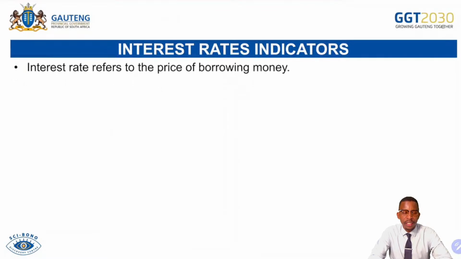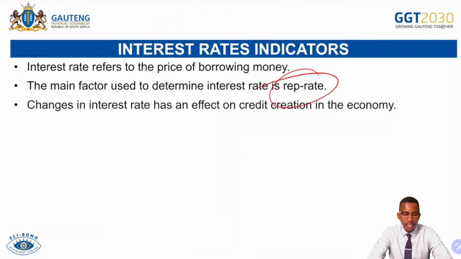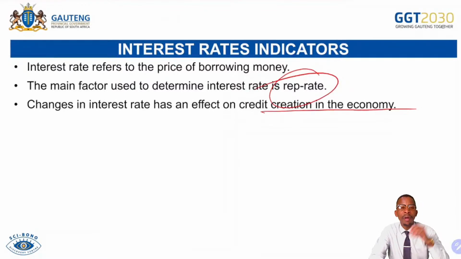Interest rate indicators. In this case, we refer to different types of interest rates. So interest rate refers to the price of borrowing and lending. The main factor used to determine interest rates is the repo rate. Remember, the repo rate is the main type of interest rate that is used to influence other types of interest rates. Changes in the interest rate have an effect on credit creation in the economy. So whenever, remember, the interest rate is changing,